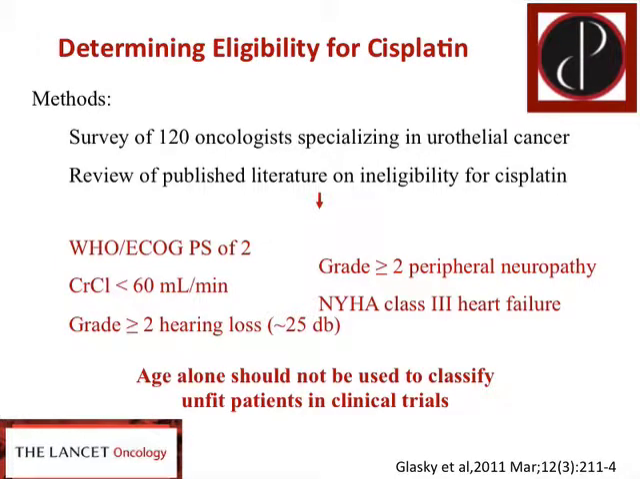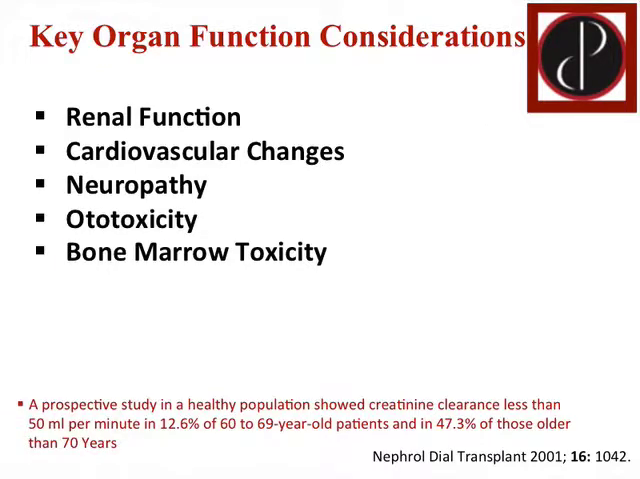Although age is very important, age alone should not be used to classify and fit patients in clinical trials. So if you want to do chemotherapy, you should think about renal function, cardiovascular function, neurologic system, hearing system, and bone marrow reserve. Interestingly, 50% of patients at the age of 60 to 69